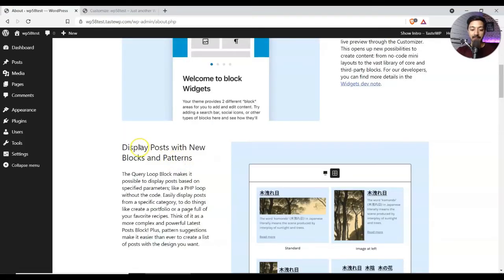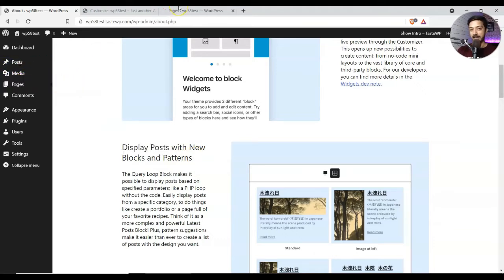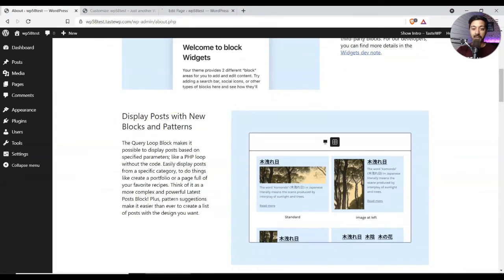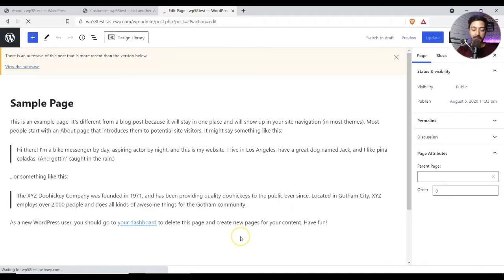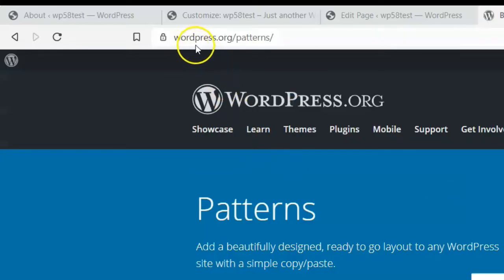Next new option is display post with new blocks and patterns. So if you are editing any page and you are stuck on how should I design my page, or how should I design my blog post, what elements to put in, then this is a lifesaver for you. So for example, let's go ahead and edit a page. So now you have pre-made patterns or pre-made blocks that you can just copy paste from the WordPress website into your own website. Now, if you go to this URL,